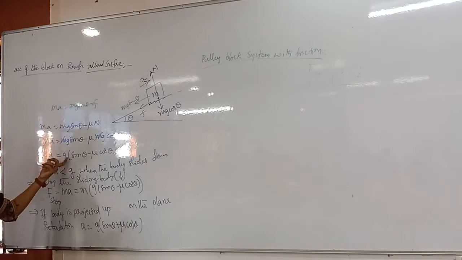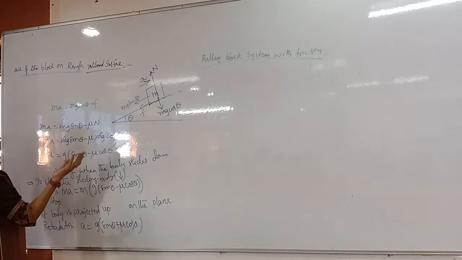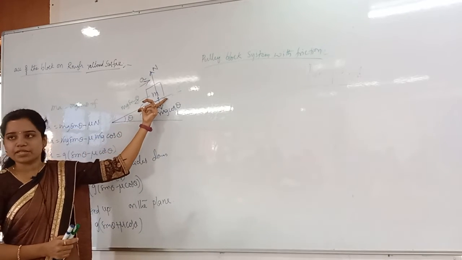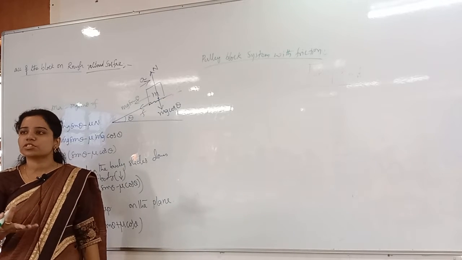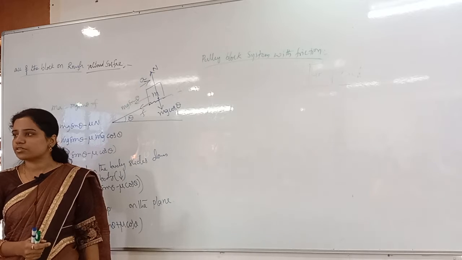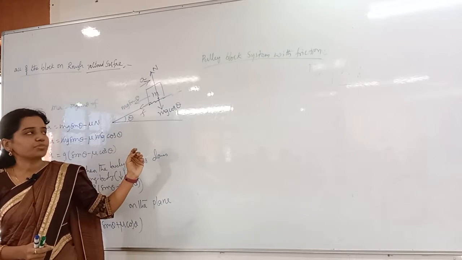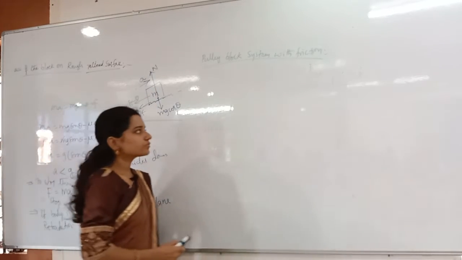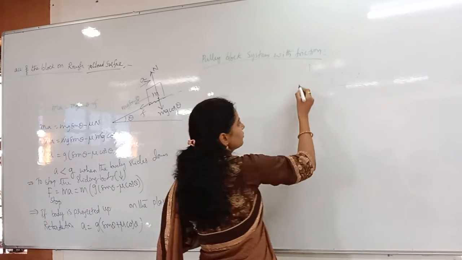See here, we got the acceleration, right? You can solve s equals ut plus half at squared problems, v squared minus u squared equals 2as problems, and all that. They will give the length of the inclined plane here, and they will ask the acceleration. What formula can you use? v squared minus u squared equals 2as, we can use that. Let us do some problems also, based on that. But now, pulley block system with friction.